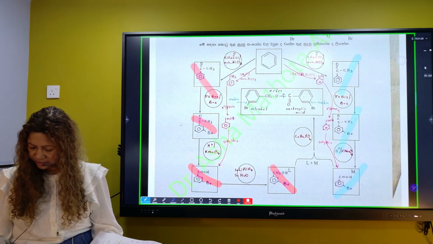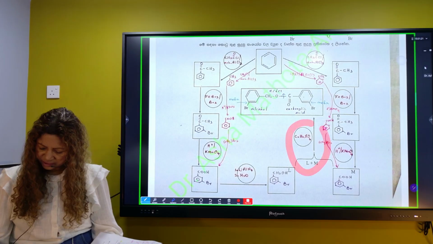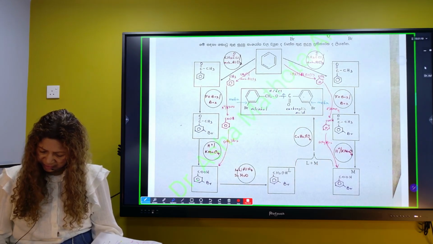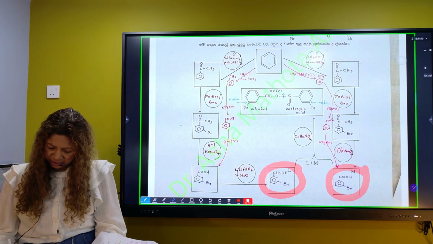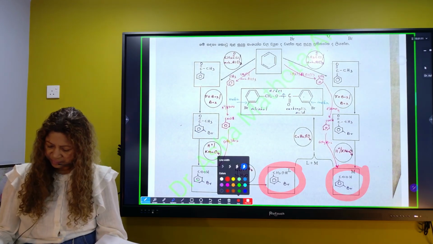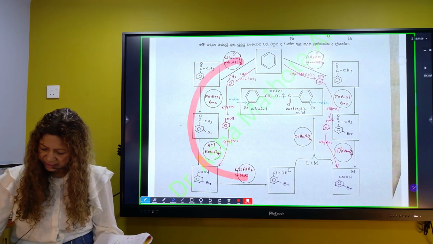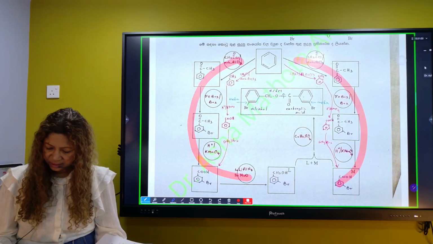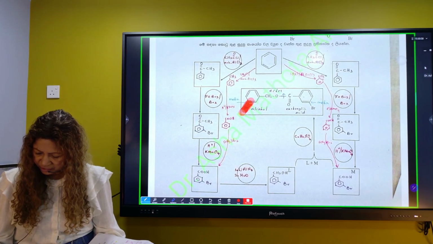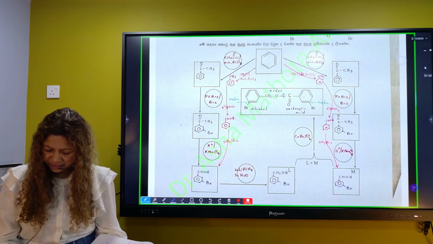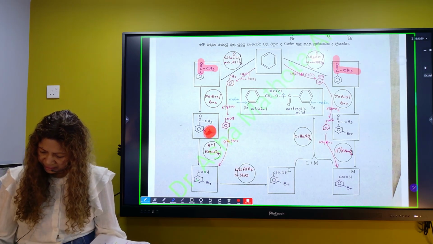And they say addition of L and M gives this final ester. So then you're supposed to write whatever these two compounds are. If you go through this one, you would understand that you have an extra step to make the alcohol. So I'm going to get the alcohol side here and then the acid side on the other side. For both, we need to join this bromine to the meta position. So I'm starting from Friedel-Crafts acylation. And then to both, I'm adding bromine.